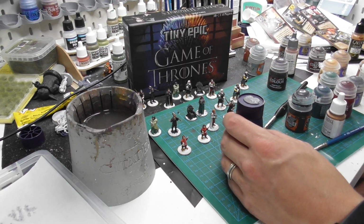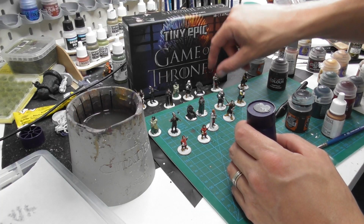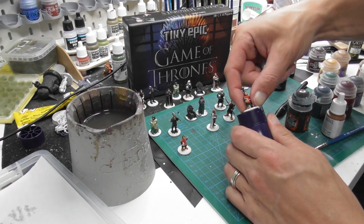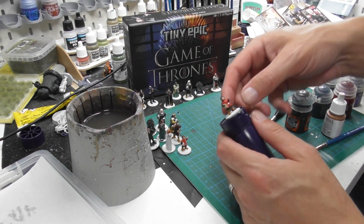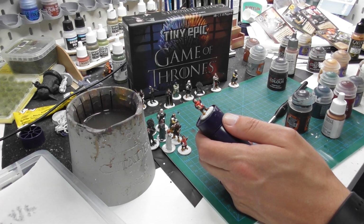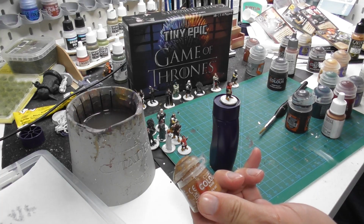And now we're going to go into highlights, and for this I'm going to use the miniatures that I pre-painted before. We're going to put these miniatures aside. I'm going to go back to Tyrion Lannister. And now when we come to highlights, we want to make sure that the miniatures really pop. I'm going to start by putting his